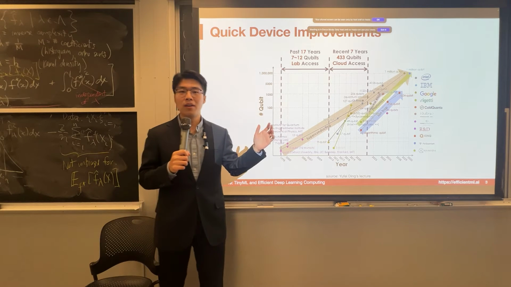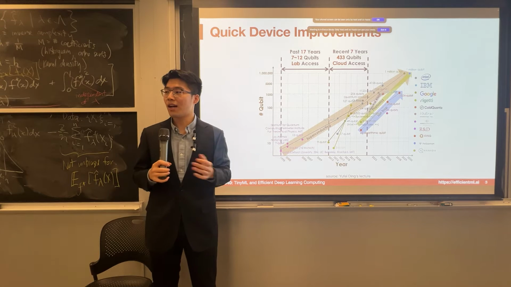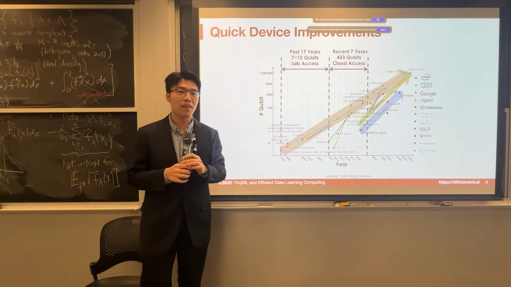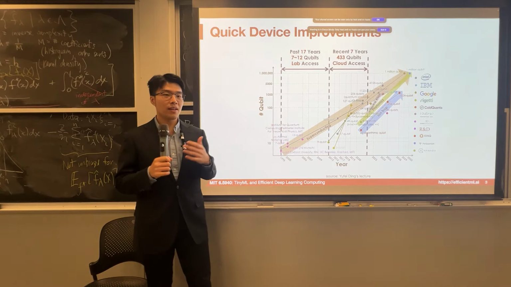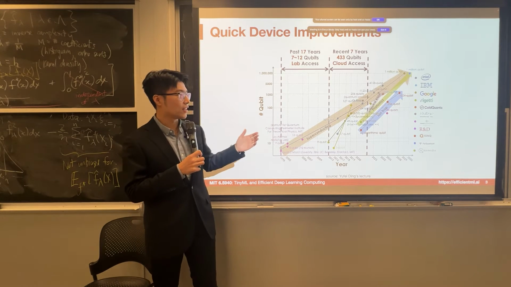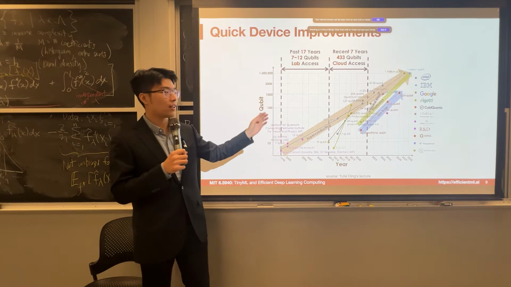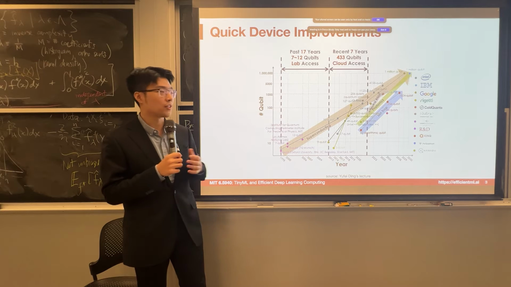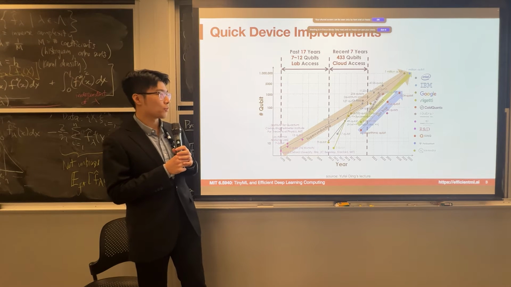Just a month ago, Atom Computing, which is a startup company in Colorado, released a quantum machine with 1,181 qubits. That's 2 orders of magnitude in just 2 years. So we really see this large and accelerating trend to develop larger and larger quantum machines. And IBM is also going to release the first quantum machine with over 1,000 qubits.